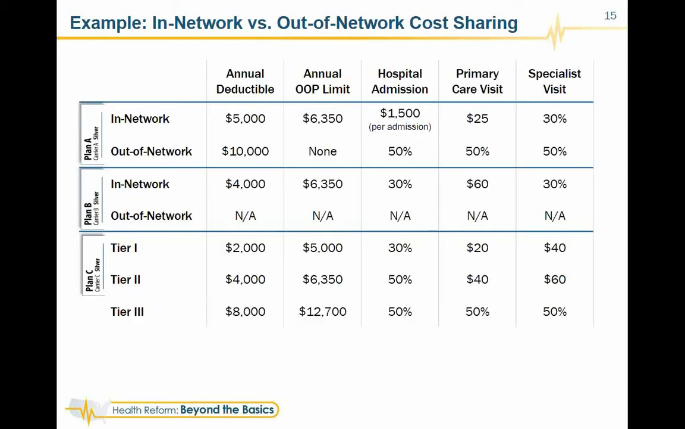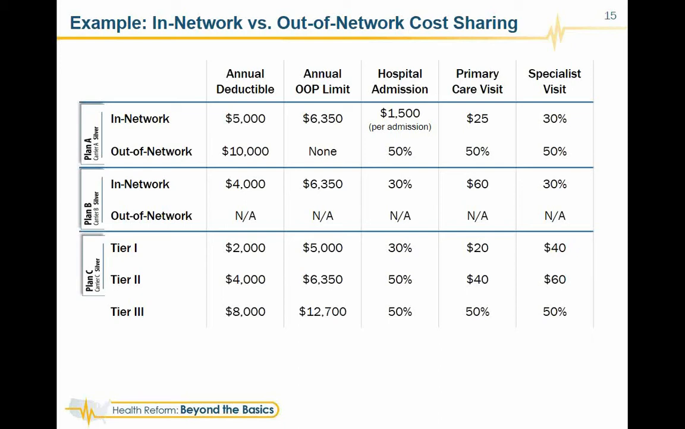Another important aspect of plan design is in-network versus out-of-network cost sharing. Some plans approach this in different ways. And in some cases, you'll see different charges for in-network cost sharing versus out-of-network cost sharing, much higher charges for out-of-network cost sharing. So you can see that in this chart with Plan A. It's a silver plan, and you can see that there's a different deductible if a person goes out of network. That means they have a $10,000 deductible instead of the $5,000 that they would have if they stayed with an in-network